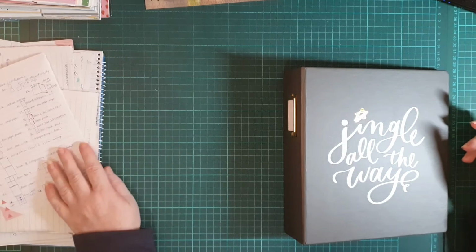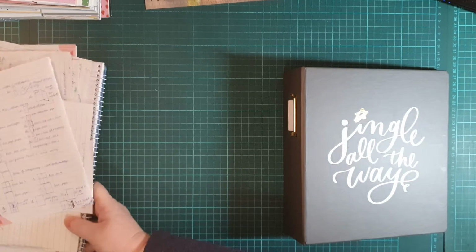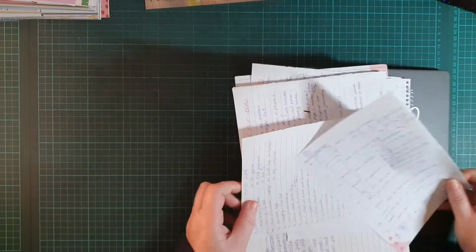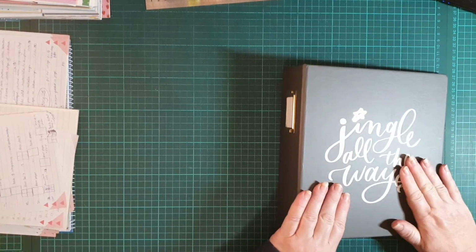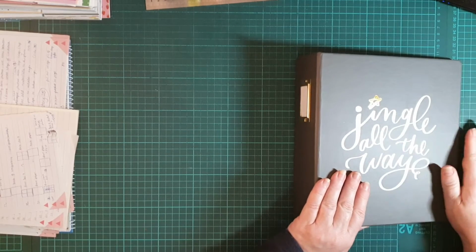So I have spent hours organising, planning, working out different ways and different stories I can tell, and just sheets and sheets and sheets of all that. So at the end, all that planning ends up with the album I'm using, which was one of